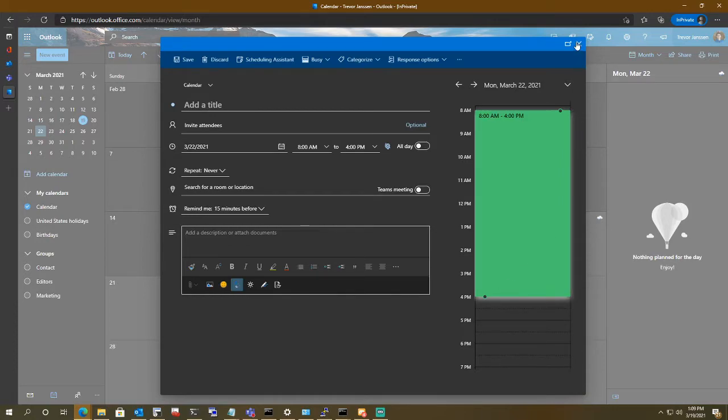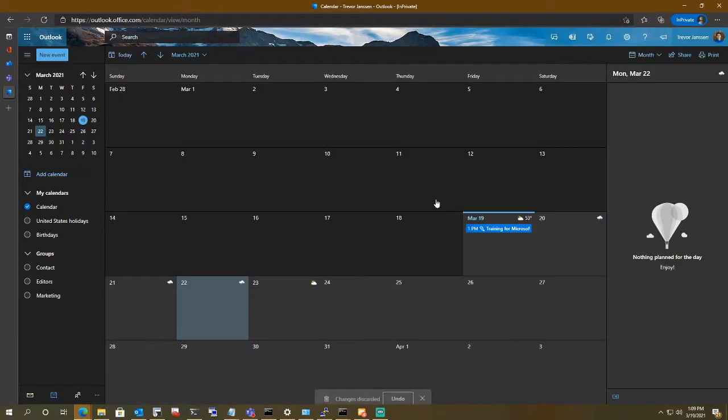We can go ahead and do that. I'll go ahead and discard this event because we don't need to work on it. You also got U.S. holidays, which